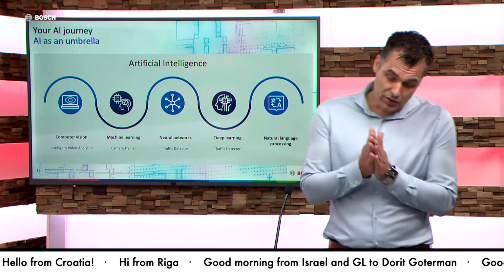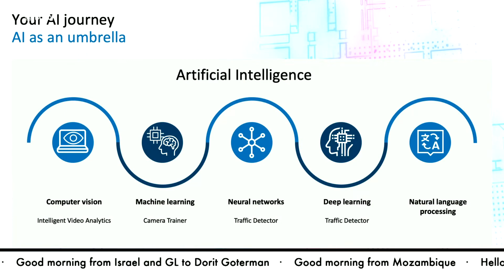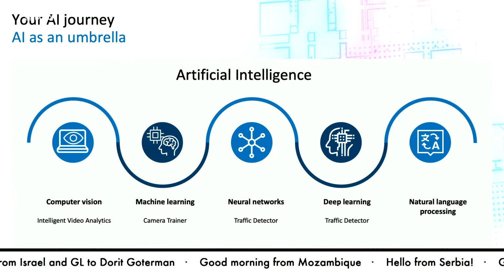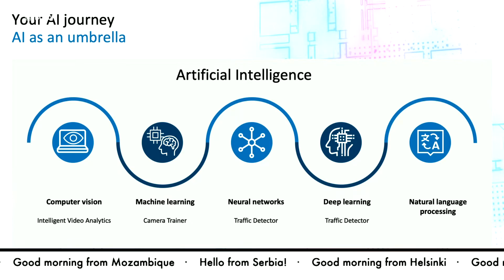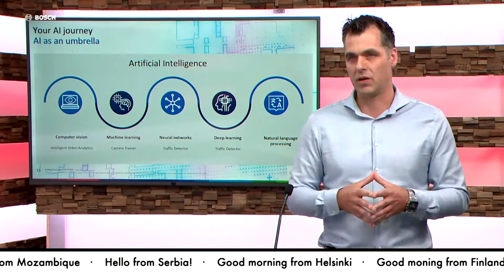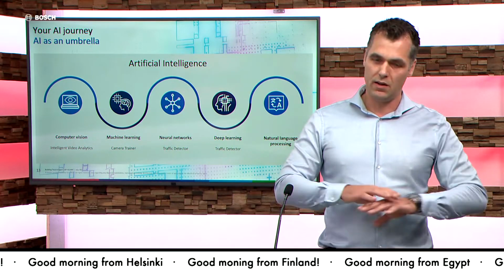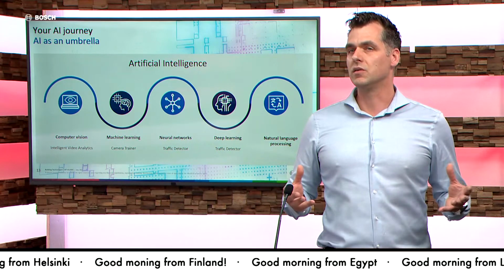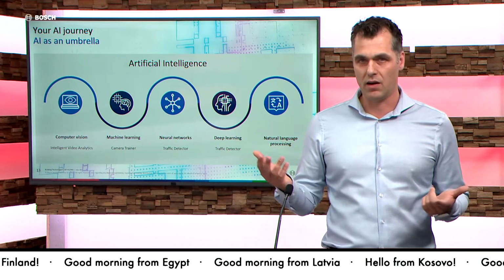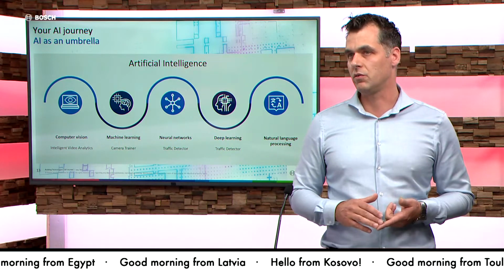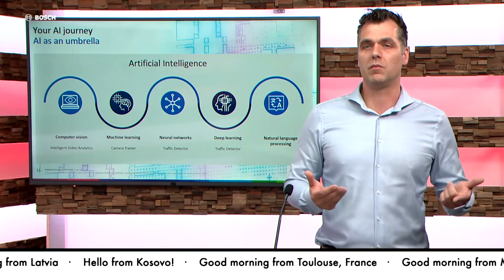So talking about artificial intelligence, right? Artificial intelligence is an umbrella for different technologies. So saying AI, actually, you are saying a lot yourself. You're not just simply saying, well, okay, this is just this part or this chip. No. It's a technology terminology, and we can really apply that to, for example, computer vision, which we are using in intelligent video analytics. So that's a computer vision algorithm, so to say.